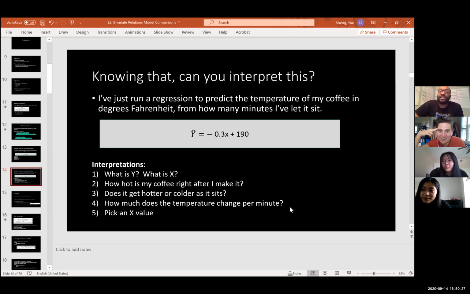I have a question. In this instance, I didn't go far in the math, but what happens when this starts going into negatives? Can something go into negative degrees? That's a really good question, and I would love to hear you think about that. I'm not a scientist, so don't get me talking about the science of heating and cooling. But at a certain point, obviously, if I let this sit for, say, 1,000 minutes,